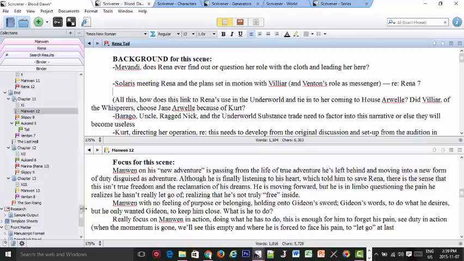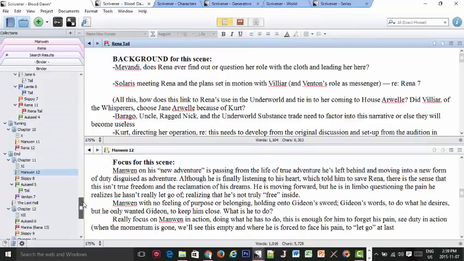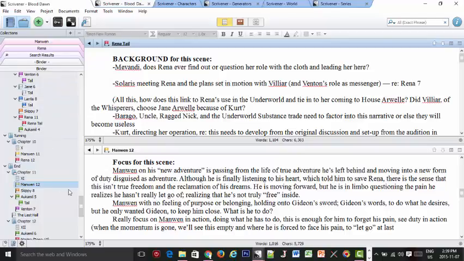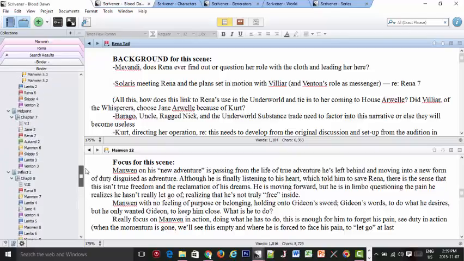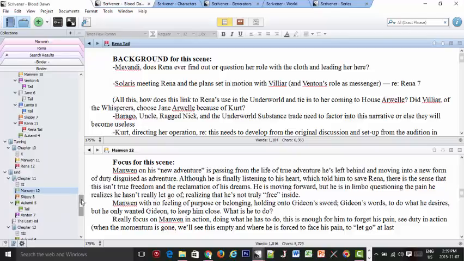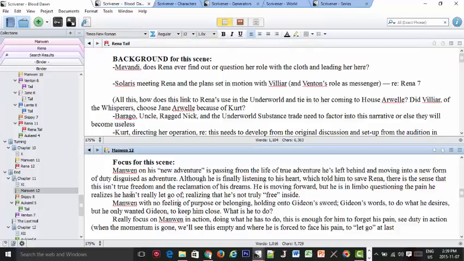When I figure out what the focus is, I always leaf back. The beauty of Scrivener is I can view all my chapters here in this nice tree, and I color code Manwin yellow, so I can see all the Manwin chapters. Generally my process when I jump into a new character's head, as I did here with Manwin, is to jump back through those earlier chapters. I use this upper pane to quickly read over. I'm not reading in detail or editing or anything. I'm just getting a sense of where Manwin's journey has taken us, and that helps me know where I think he needs to go here.